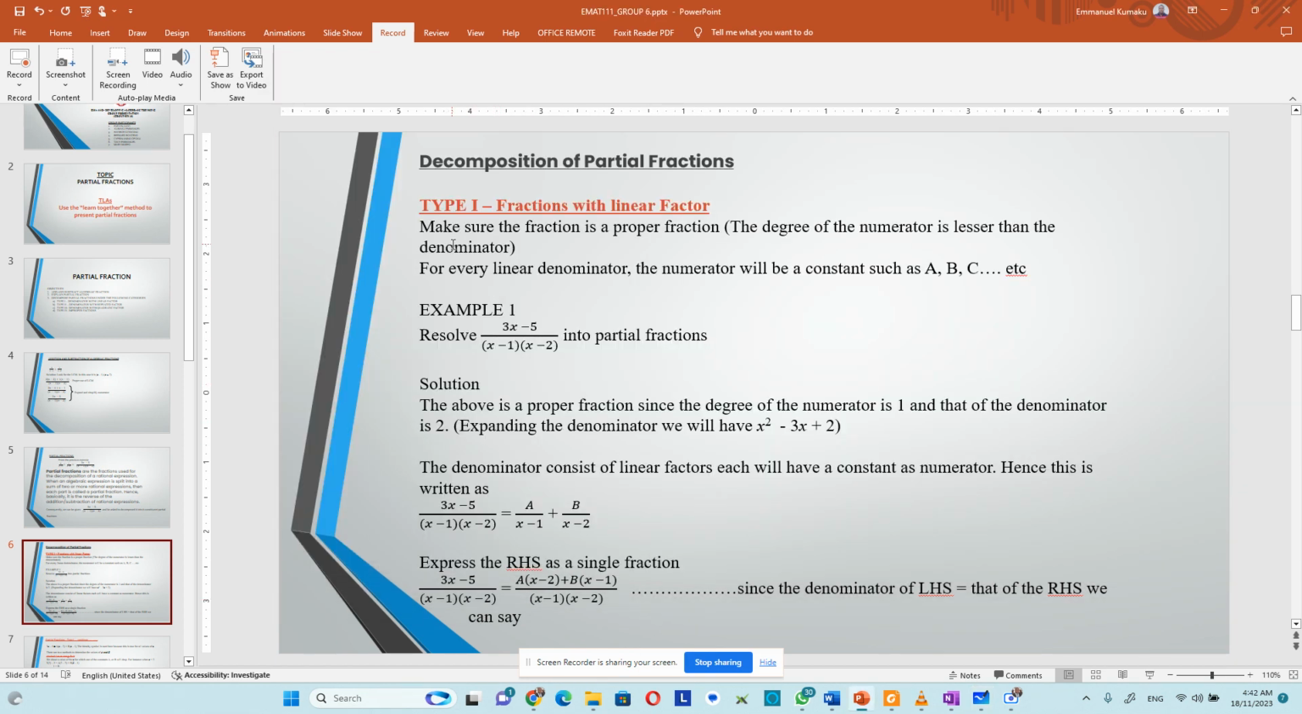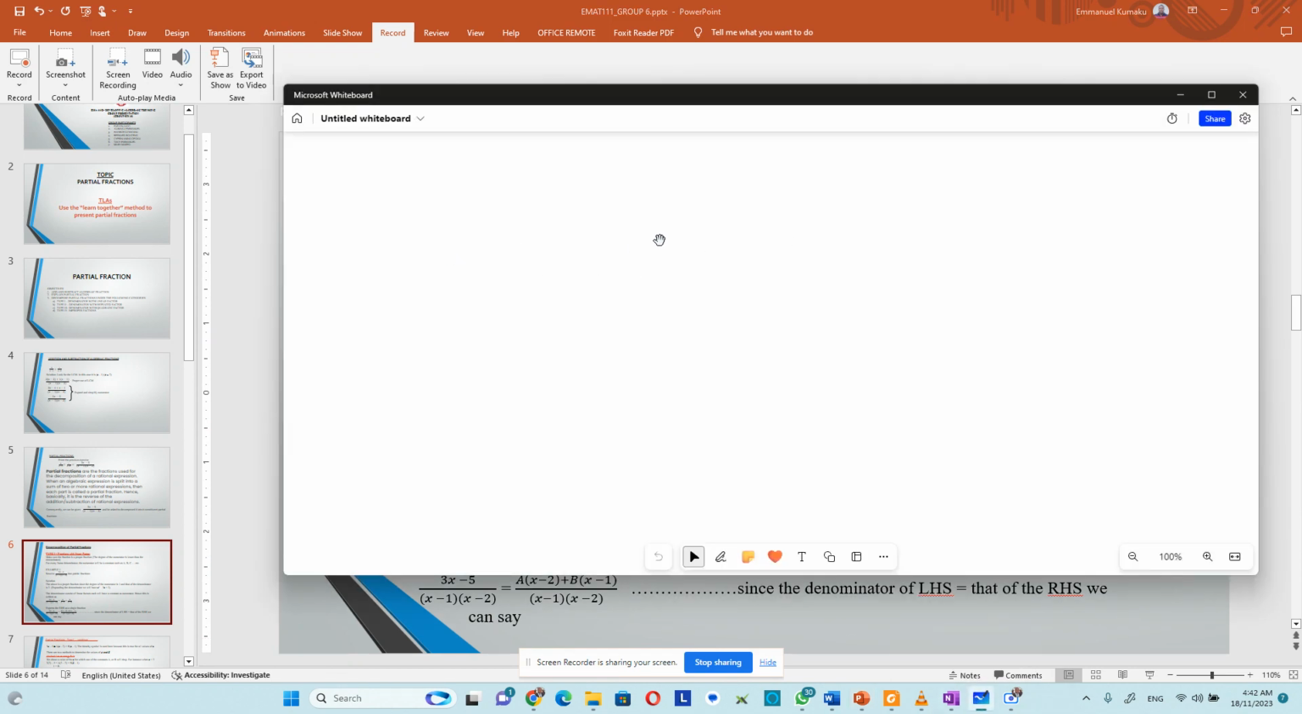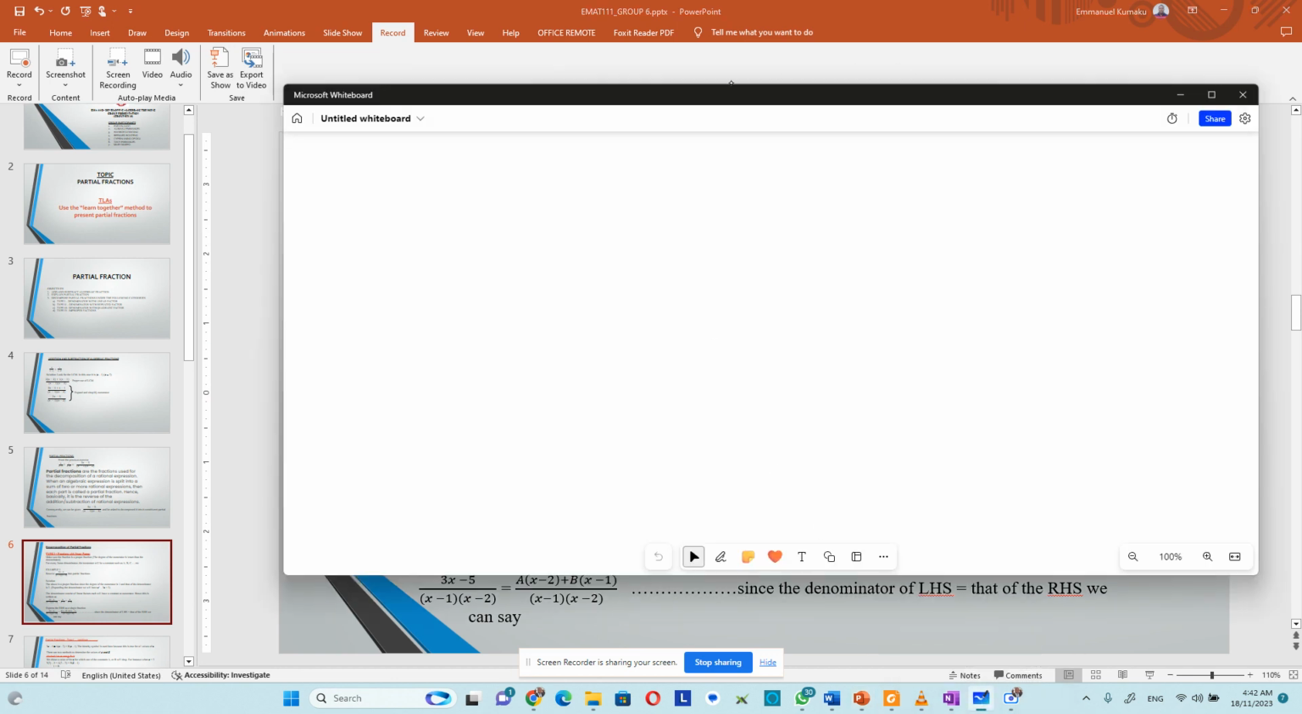So how do we decompose a linear factor? Always, when the question is posed, you must first look at the problem to check whether it's a proper fraction. That is the first thing. To check whether it's a proper fraction, we just look at the degree of the denominator and the numerator. For example, if I have